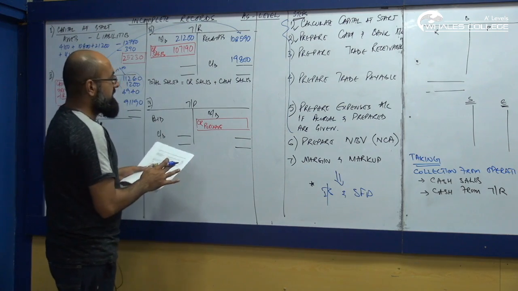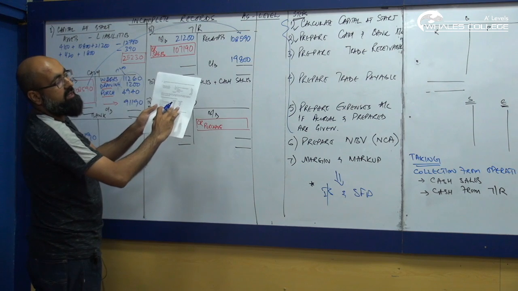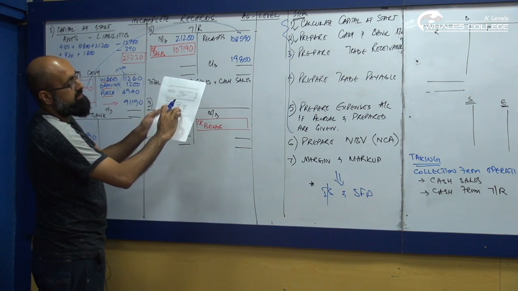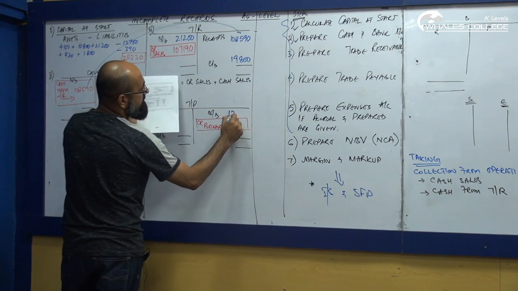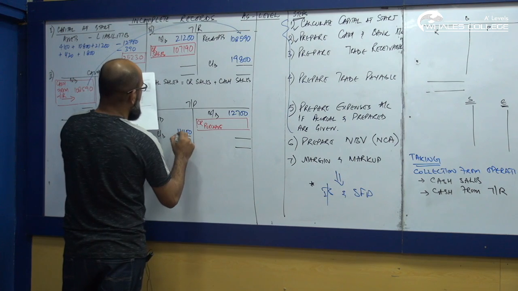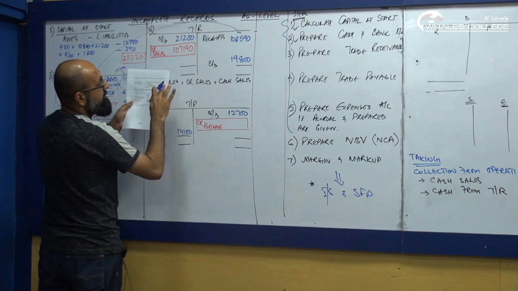Whenever you are preparing a T account, get the opening and closing balance first. Again, these two years, 2011, 2012, opening and closing trade payables, 12,700 and 14,100. And look at the payments, bank payment side, payments to creditors,